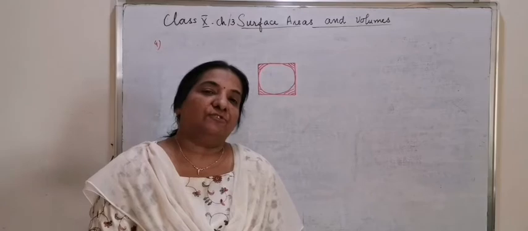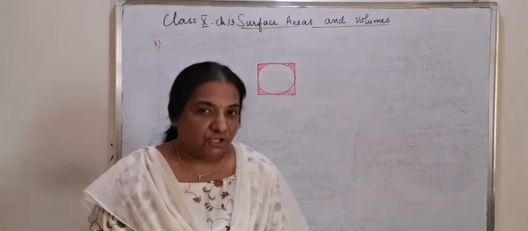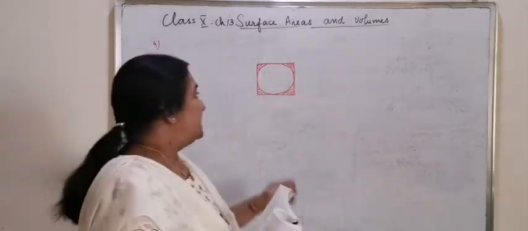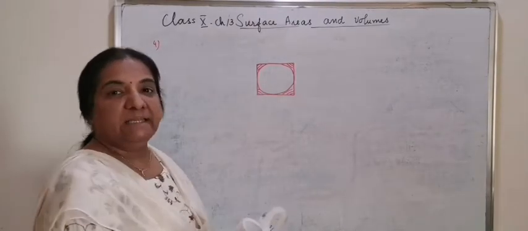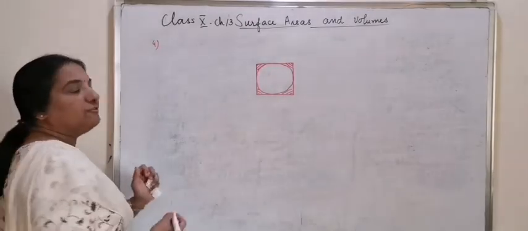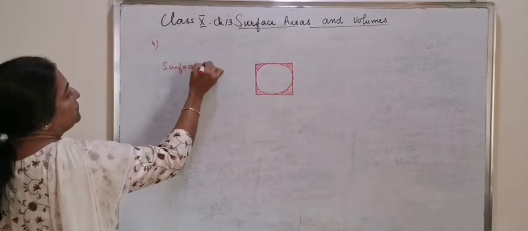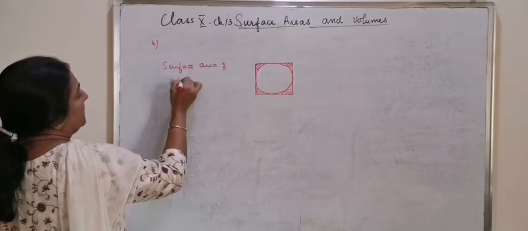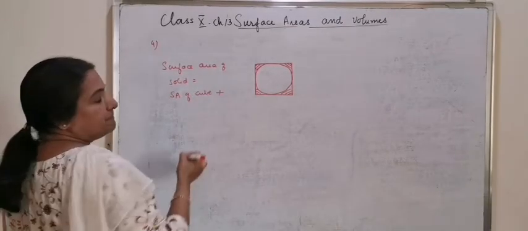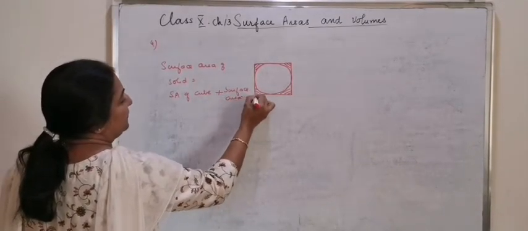The surface area of the solid will be, you can see there are 5 faces for the cube, then the surface area of the hemisphere as well as the edge shown in the diagram. To get the surface area of the cube, the following method will be adopted. So, surface area of solid is equal to the surface area of cube plus surface area of hemisphere.